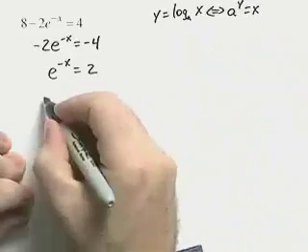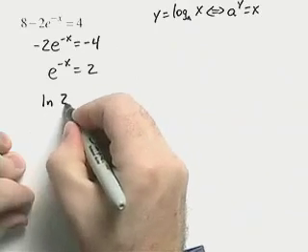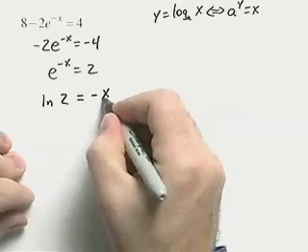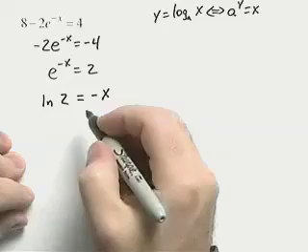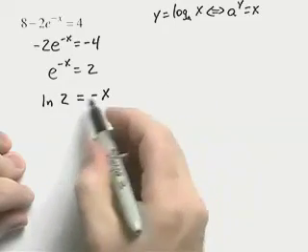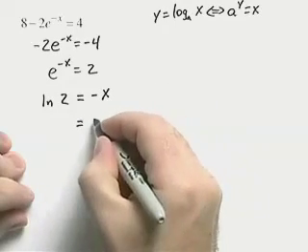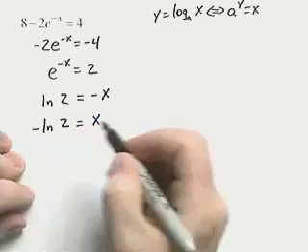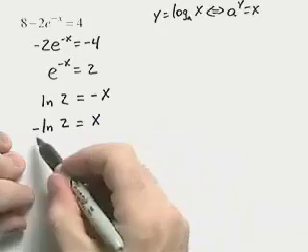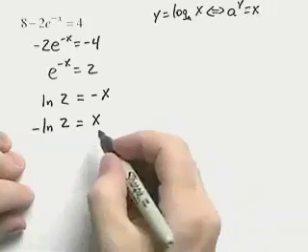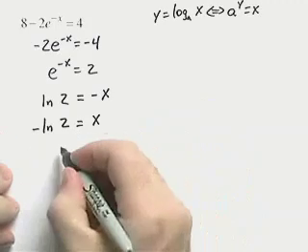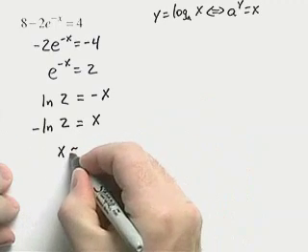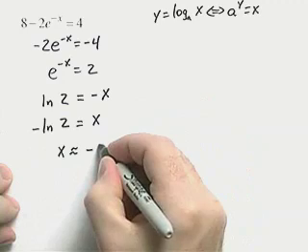So if we rewrite this, we'll get the natural log of 2 is equal to negative x, and we have this logarithmic form. We need to solve for x, so we just need to multiply both sides by negative 1. So x is equal to negative natural log of 2. Now this is the exact number, but if we'd like to put this in our calculator and approximate that, we'd see that x is approximately negative